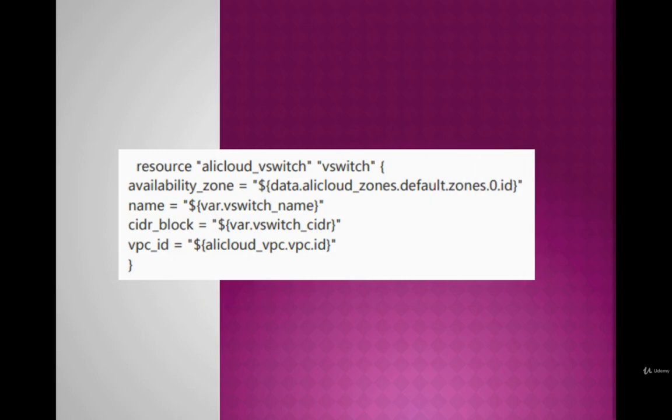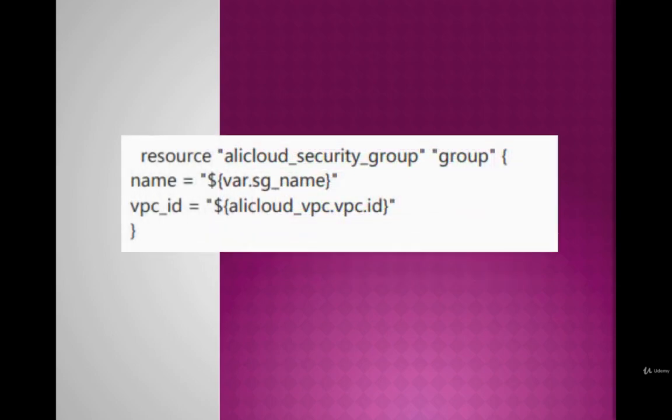Security group is, again, as you can see on the screen right now. Container service cluster is this,